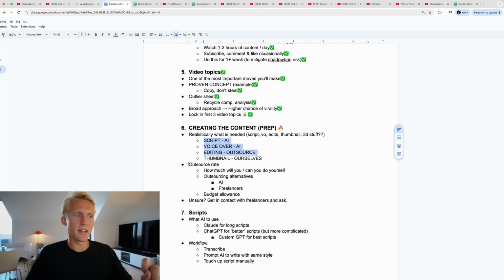And you can literally just see that I followed the outline here: how much can you do yourself? We can do editing, but it's gonna be hard, so we'd rather outsource that. And what do we outsource it to? Either a freelancer or AI. So we've already determined this. And what does our budget allow? Since we will have a normal budget, I can afford to outsource the editing. But of course, if you are on a very tight budget and you don't have any money at all, you would have to do the editing yourself. It's very logical. I'm sure you can figure this out on your own. But that is basically what you want to think over.